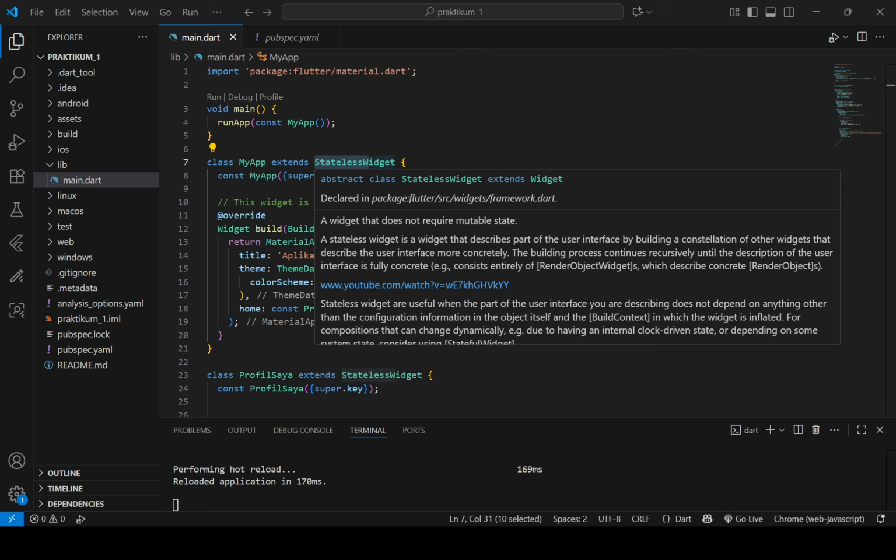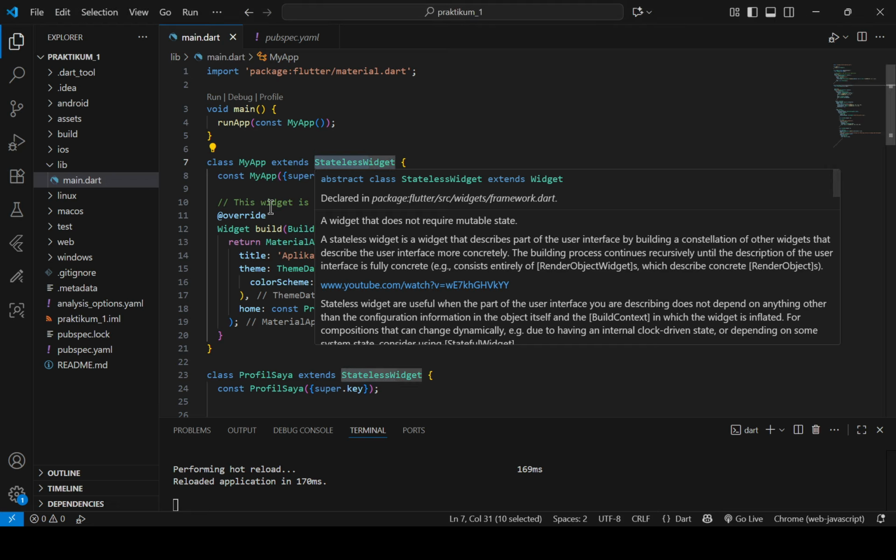Our main application widget, MyApp, is a stateless widget because we don't need to change anything inside it; we need a static design.